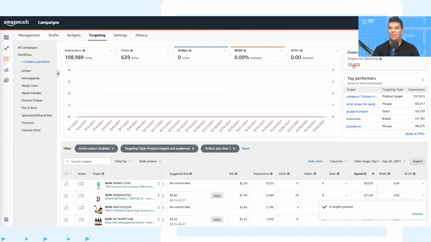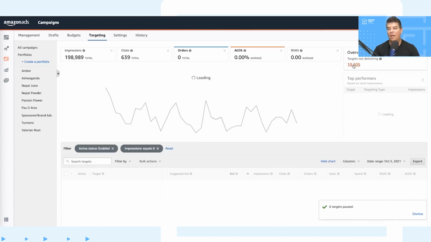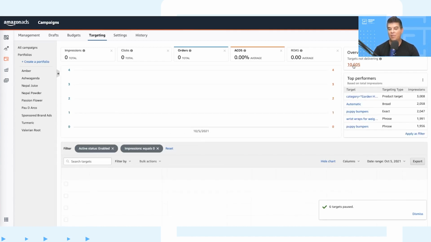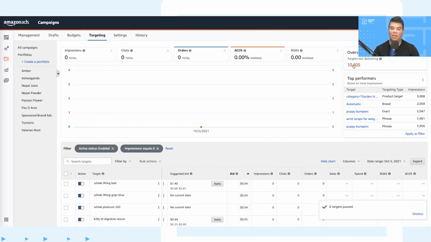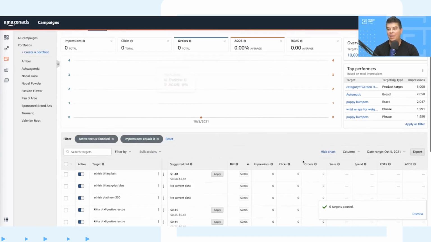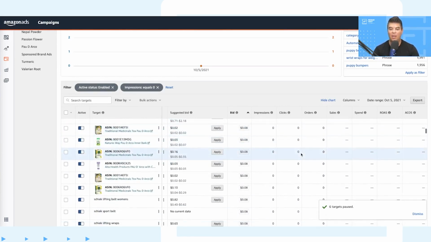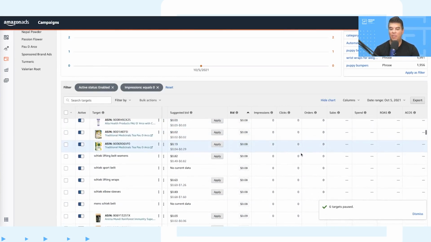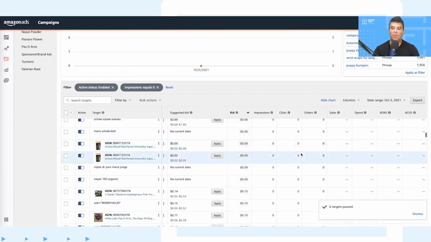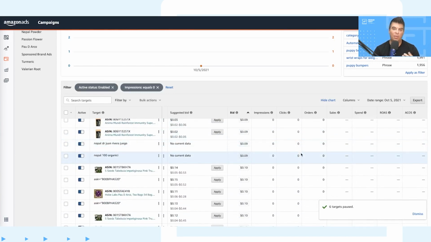So Amazon does a good job of letting you know that you've got, in this particular instance, over 10,000 targets that are not spending anything. So they, of course, want you to be spending your money. So this is something that if you took the time to do the keyword research and you've entered the targets